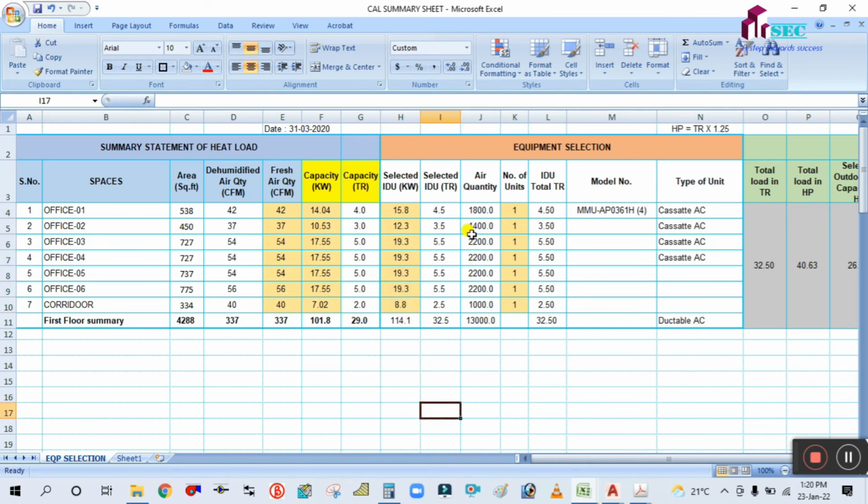So these are the selected, and this is the airflow, and total tonnage is nothing but the quantity times the selected tonnage. For example, if the same machine is 2 numbers, you put 2 here, and the model number you have to select from the catalog. This is a split actually, office 1, office 2,